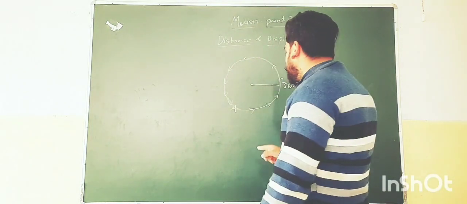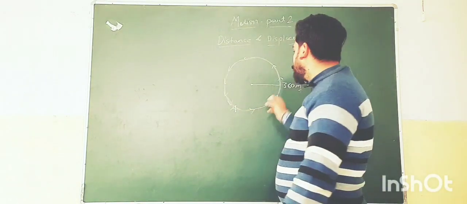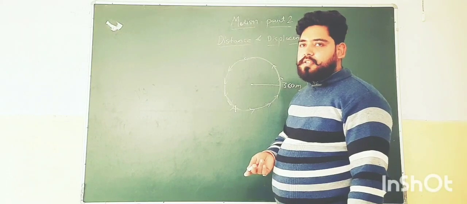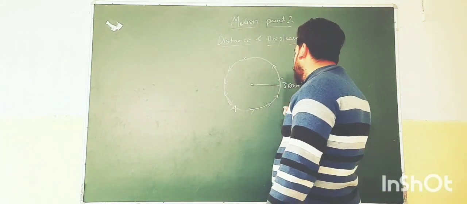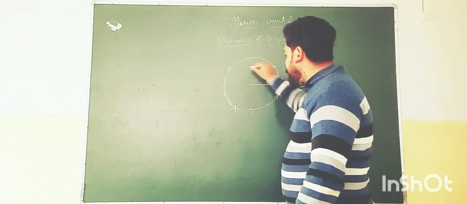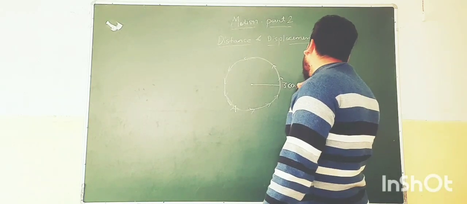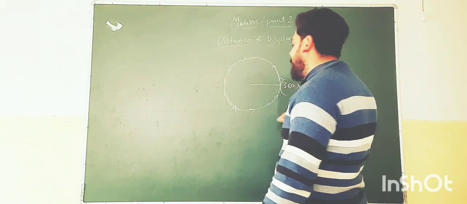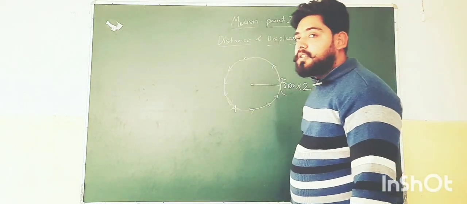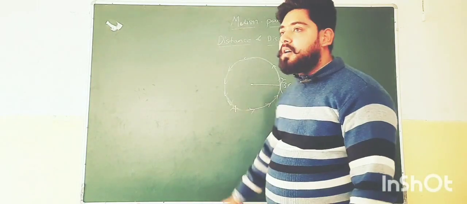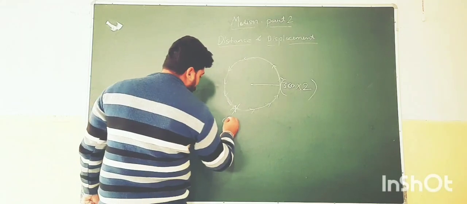Okay? If I am saying it starts from here and again comes here, then that is 360 meter, because total circumference is 360 meter. Okay? Then understand, if one time it is going 360, second time also what will happen, it will be 360, means I have told twice. Then what will be the distance here? We will just multiply it by 360 and we will get the answer of the distance, how much distance this object has covered.